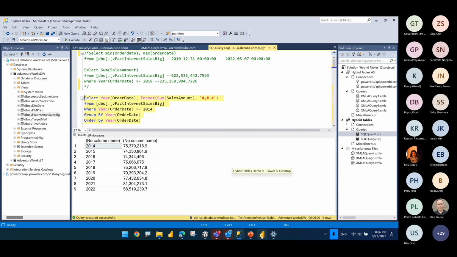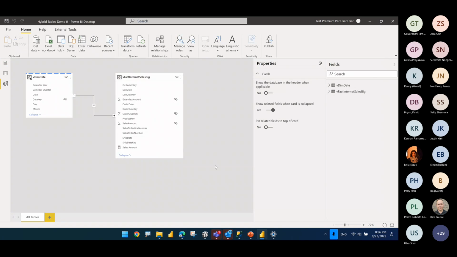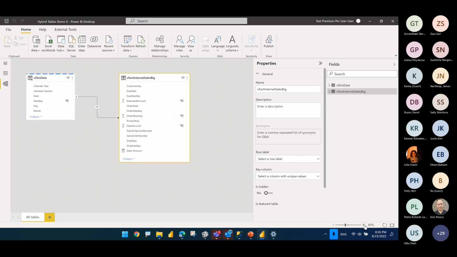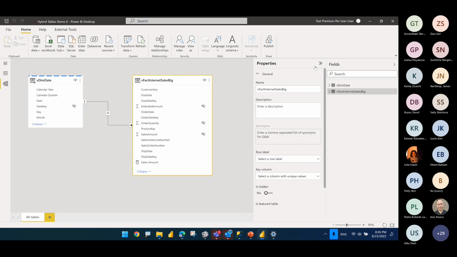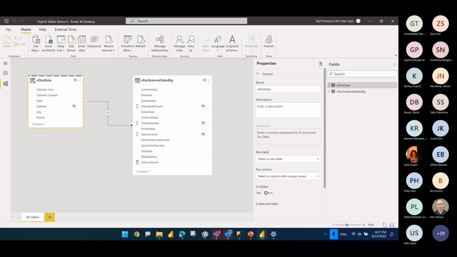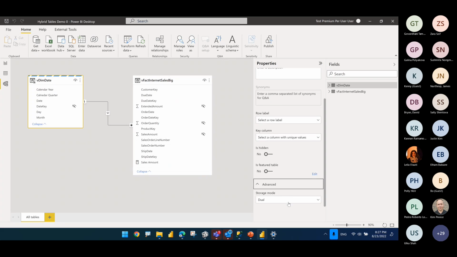And if I go to Power BI, this is my model. I have the facts, internet sales, and I have the dim date here. So I can create a couple of visuals with it. Now, this one, if you hover over, you see that the visuals actually show us that this is dual. This arrow here tells you that it was DirectQuery first, so it's going to the backend, and then I swapped it to dual. If you don't remember, the storage modes are under advanced, and you can see the storage modes from here. So this one I've set to dual.